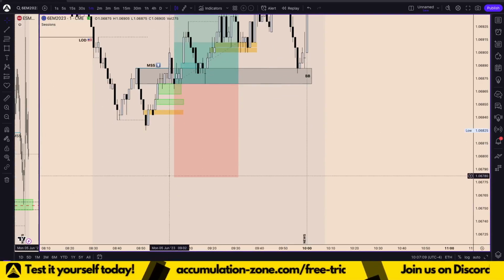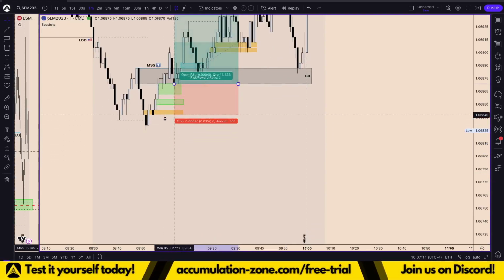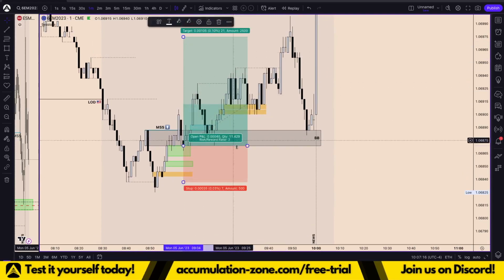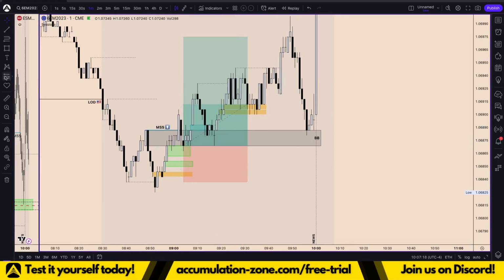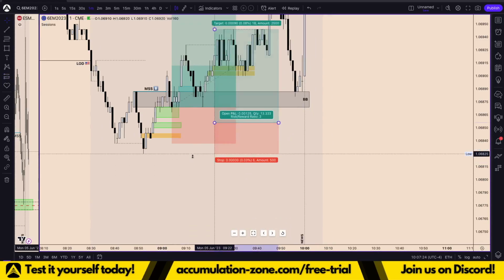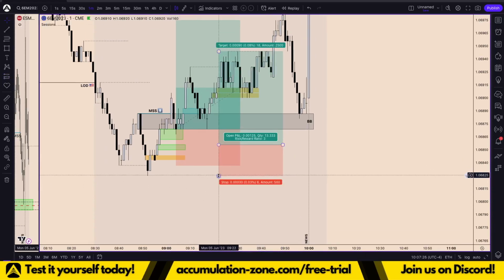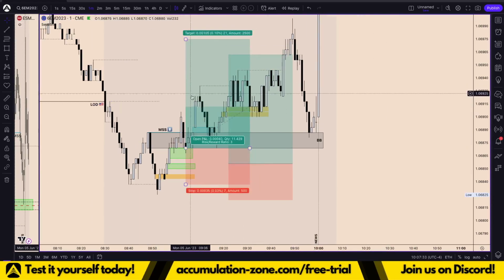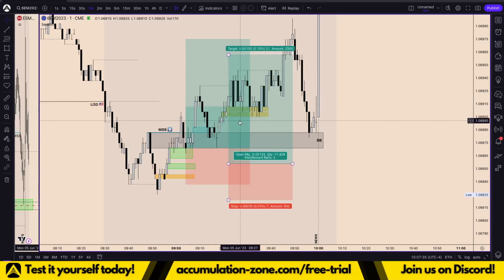This would have been fine with my stop loss maybe 1 tick below this low for a quick and easy 3-to-1 risk reward. And if this wouldn't have worked out, I would have had my backup entry right here at the top of this fair value gap. My stop loss 1 tick below the low, targeting as well a simple 3-to-1 play. So if my stop loss would have been hit on that first trade, I would have been at least in